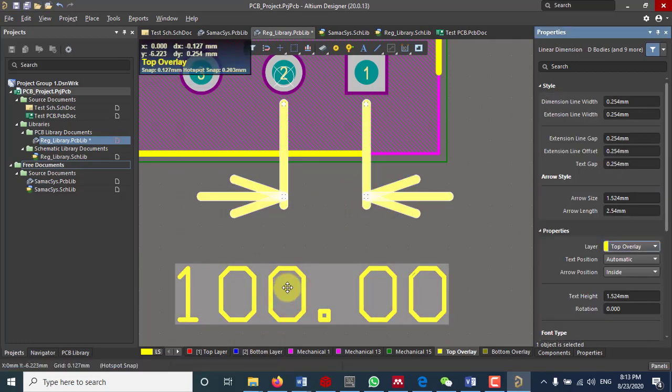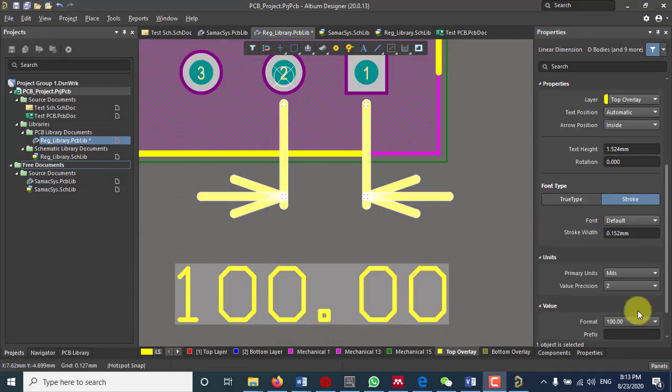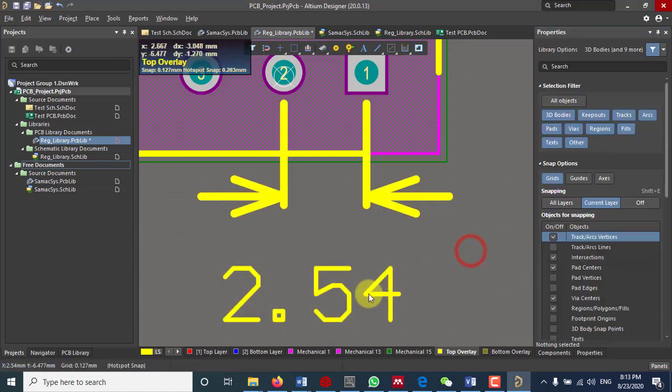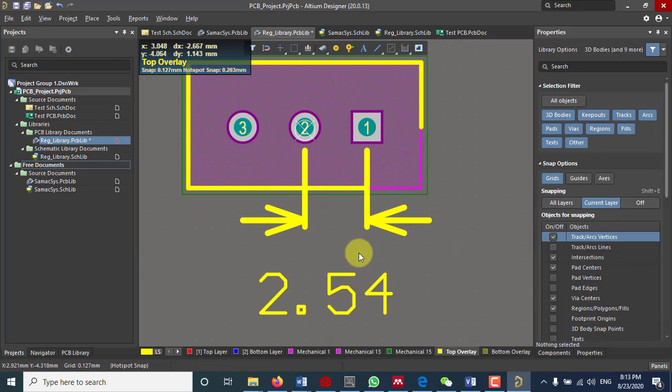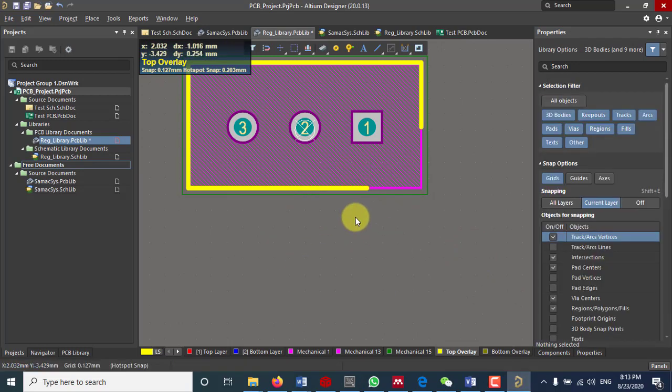It's in the mils unit. We can change it to millimeter, and now you can see that the distance between them is 2.54 mm, and you can freely change